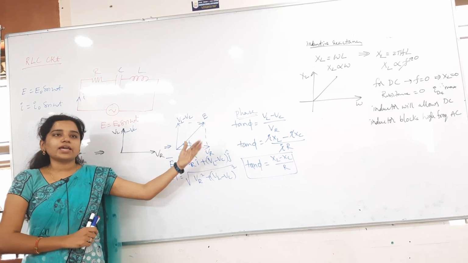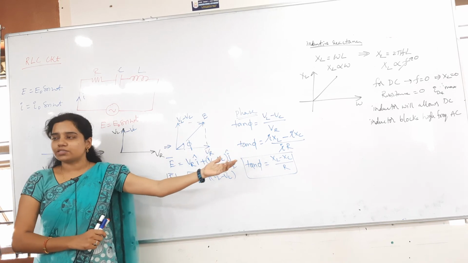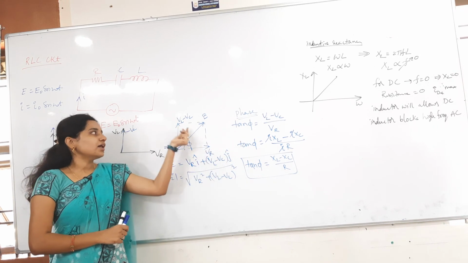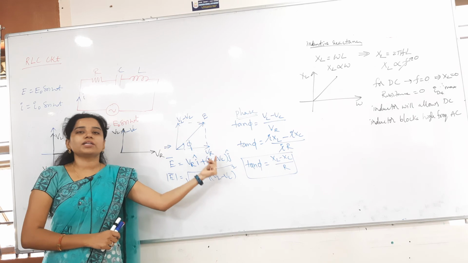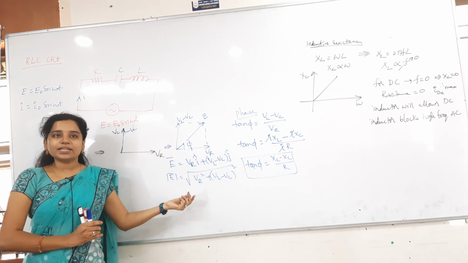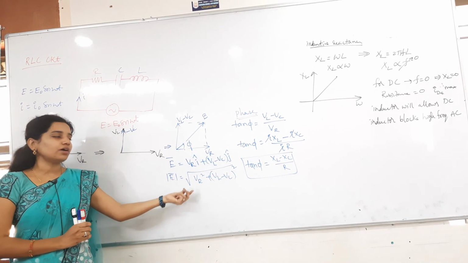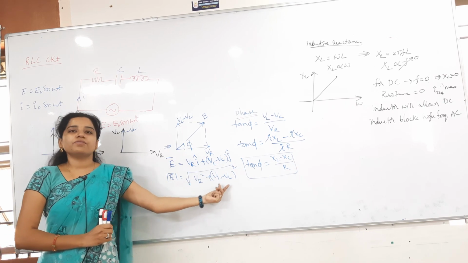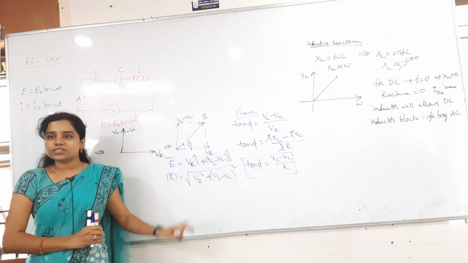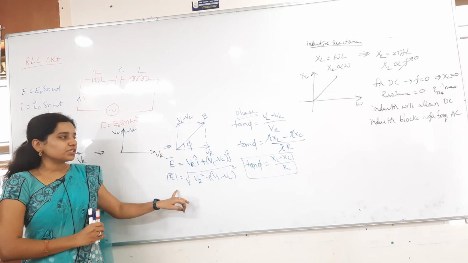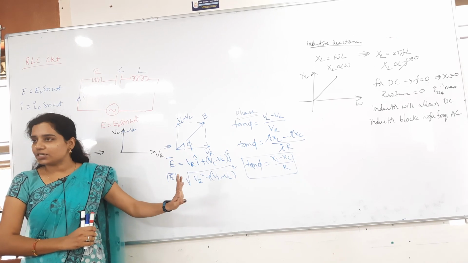Then E bar is equal to what can I write? Along the x axis, AX I cap plus AY J cap. In the same way, VR I cap plus, along the y axis, VL minus VC J cap. Then the net EMF, modulus of E, is equal to under root VR square plus VL minus VC whole square. This is the net EMF. And also from this only we will get the net impedance also. I will tell you that later.